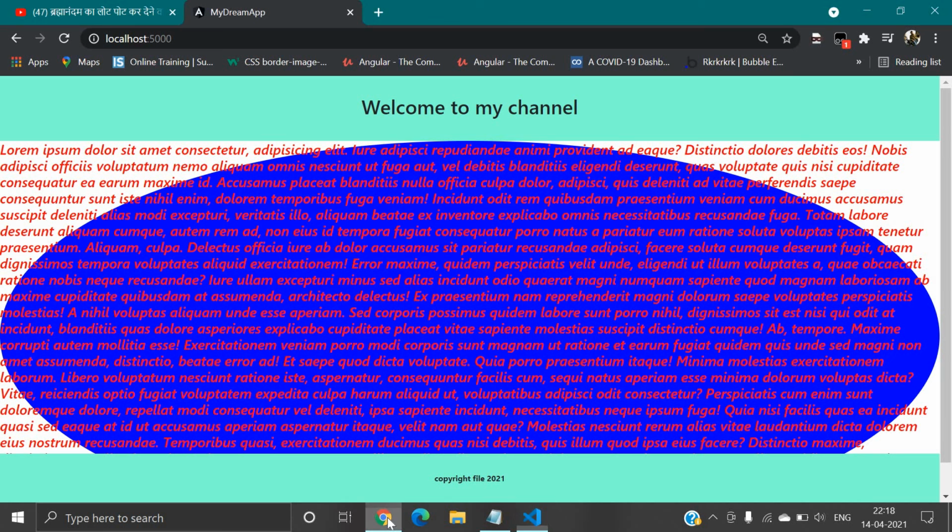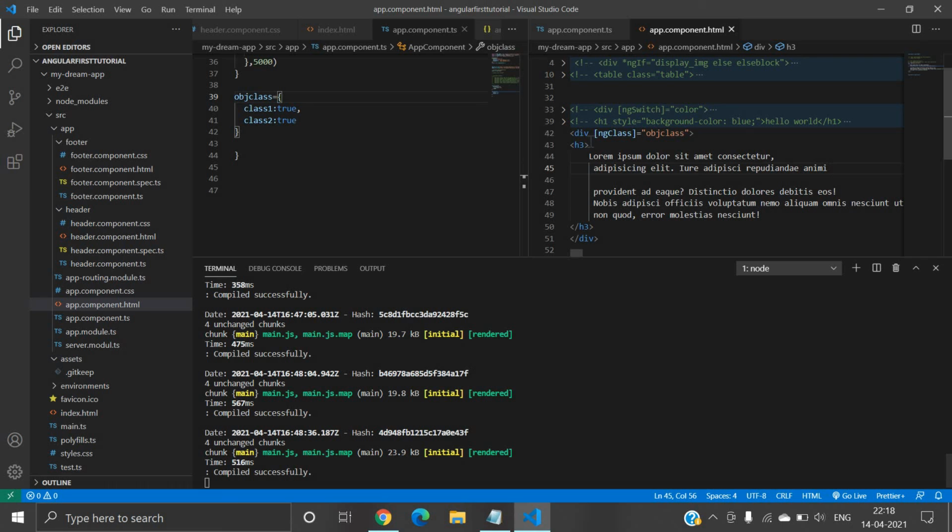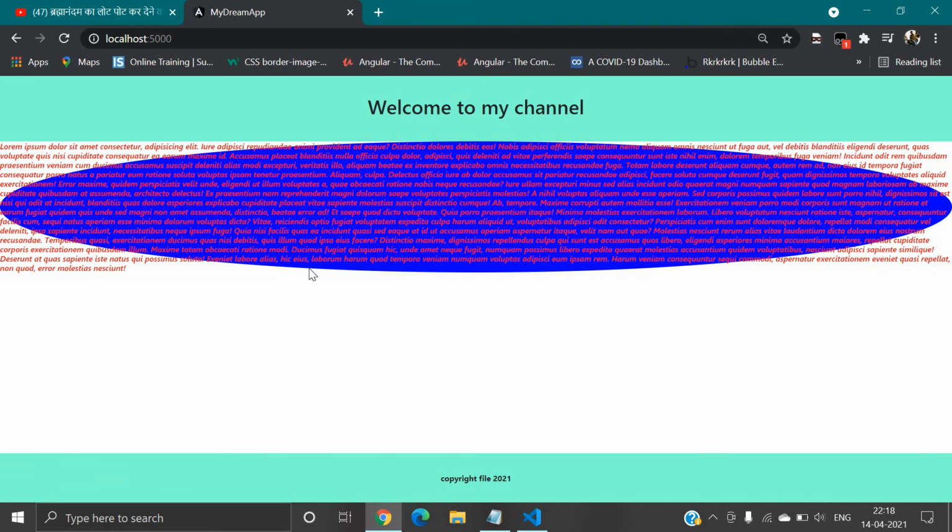Now let's move on to the user interface. It is very large, so I will change this to 6 and 6, and I will save. Now this is perfect.